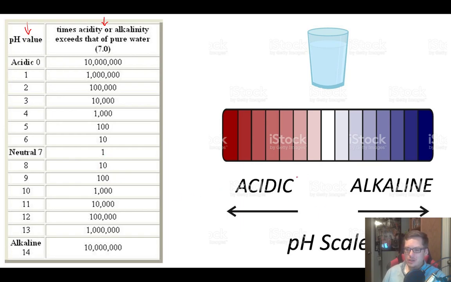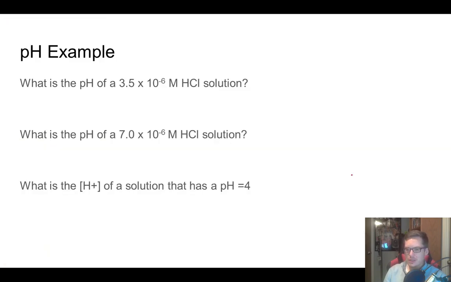All right, this is just another way of looking at your acidic scale. Usually we use reds to represent our acids and blues to represent our bases. Okay, so let's do a couple practice problems here. It says, what is the pH of a 3.5 times 10 to the minus 6 molar HCl solution? So remember, our pH is equal to the negative log of the concentration, so that's 3.5 times 10 to the